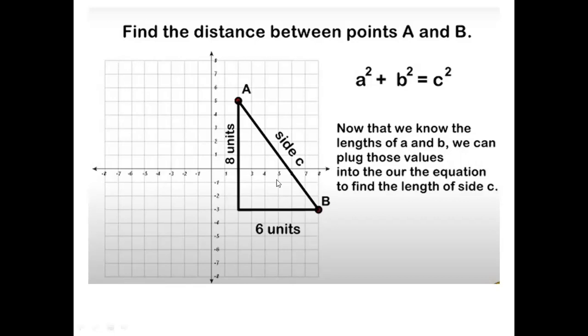First, the triangle is a right triangle. So when the points are given in the coordinate system, we can count the units. So for example, here we have 1, 2, 3, 4, 5, 6, 7, and 8. So we have 8 units up. And 6 units from this point, it's not given here. We have 6 units from this one till B.